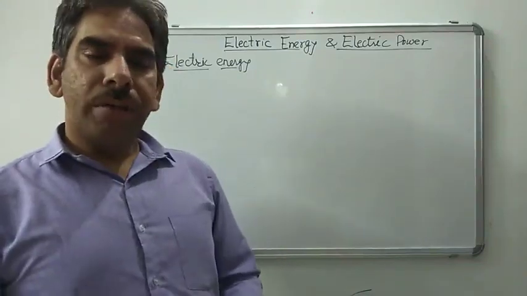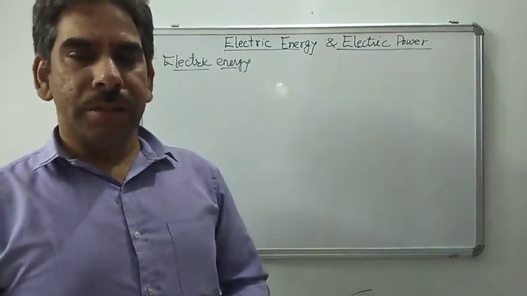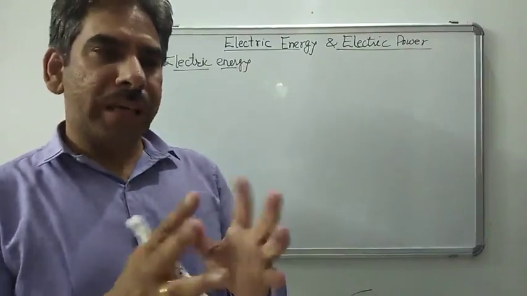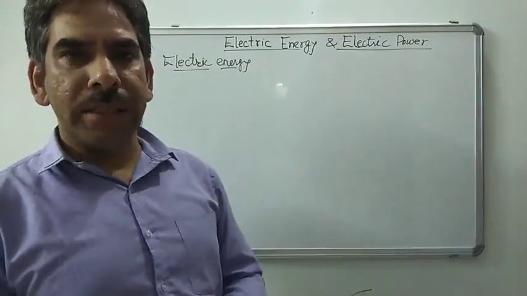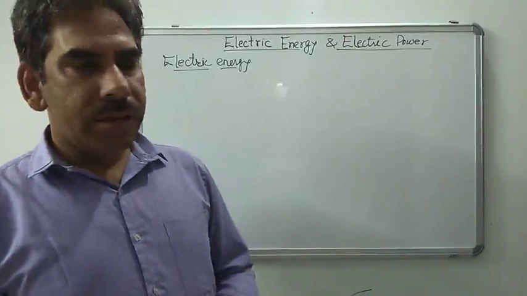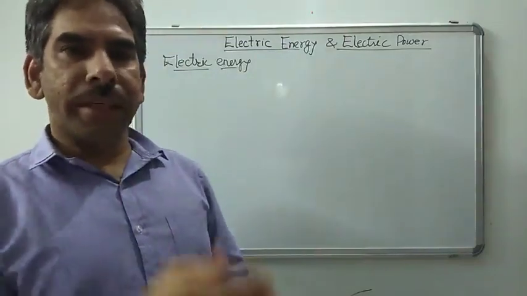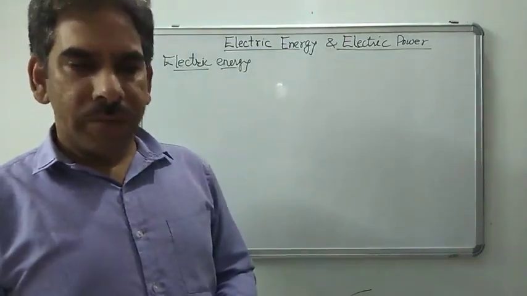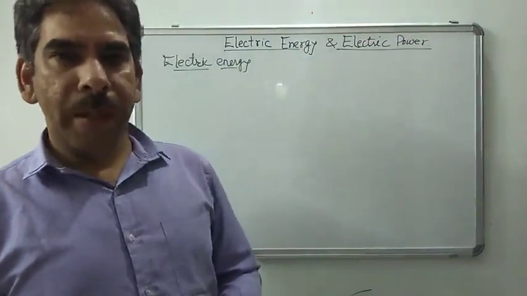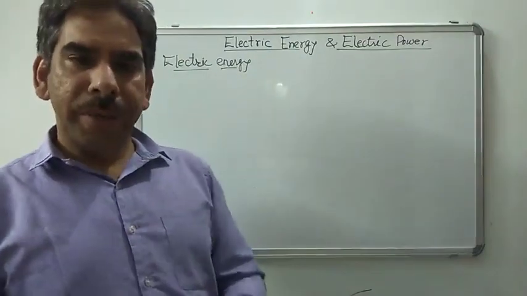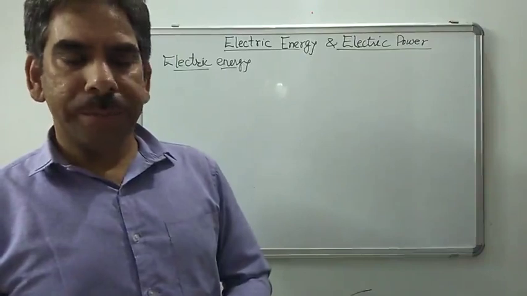So now we take on electrical energy. So what is electric energy? Suppose that we have some circuit of different electrical components, and to this electrical circuit we have connected some source of electric potential. This may be a battery or it may be a direct source, right?